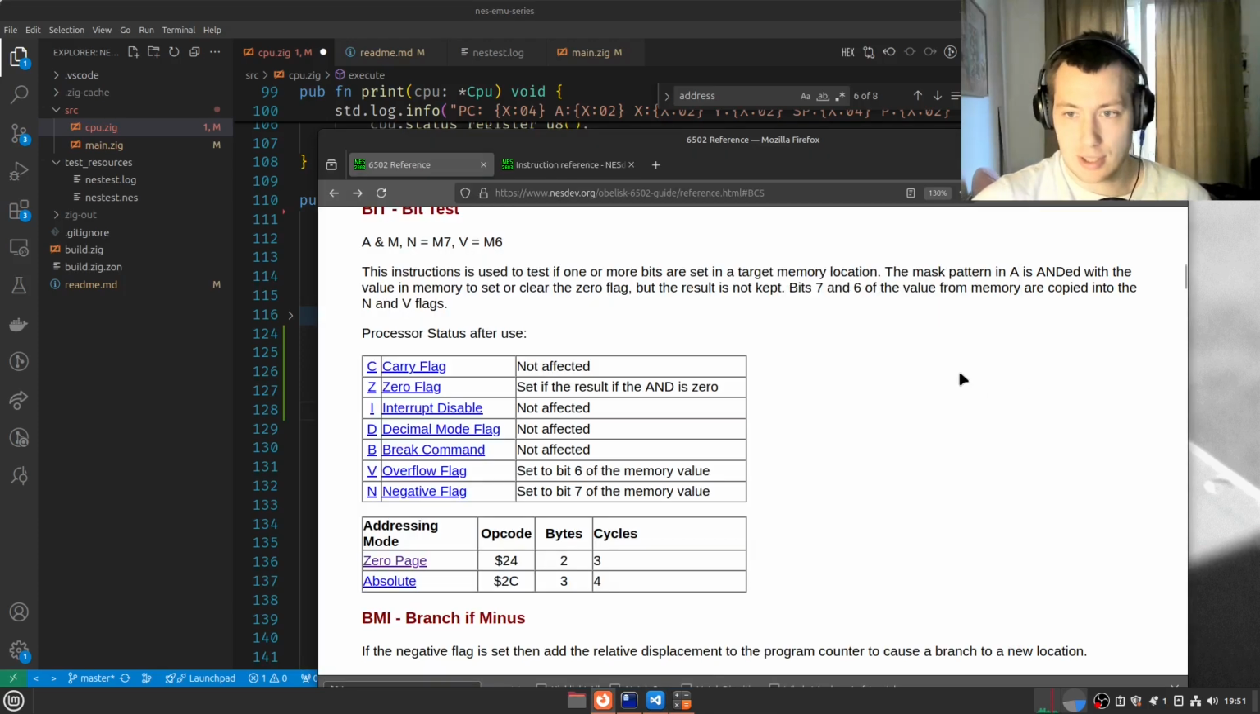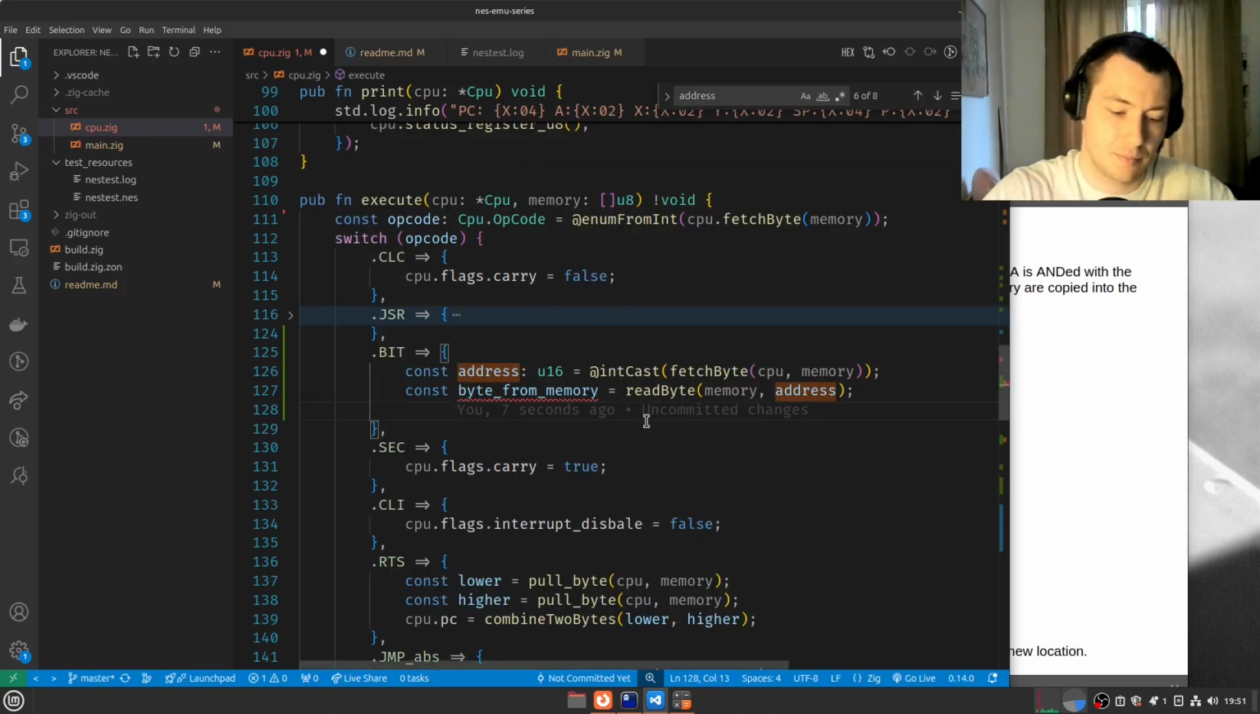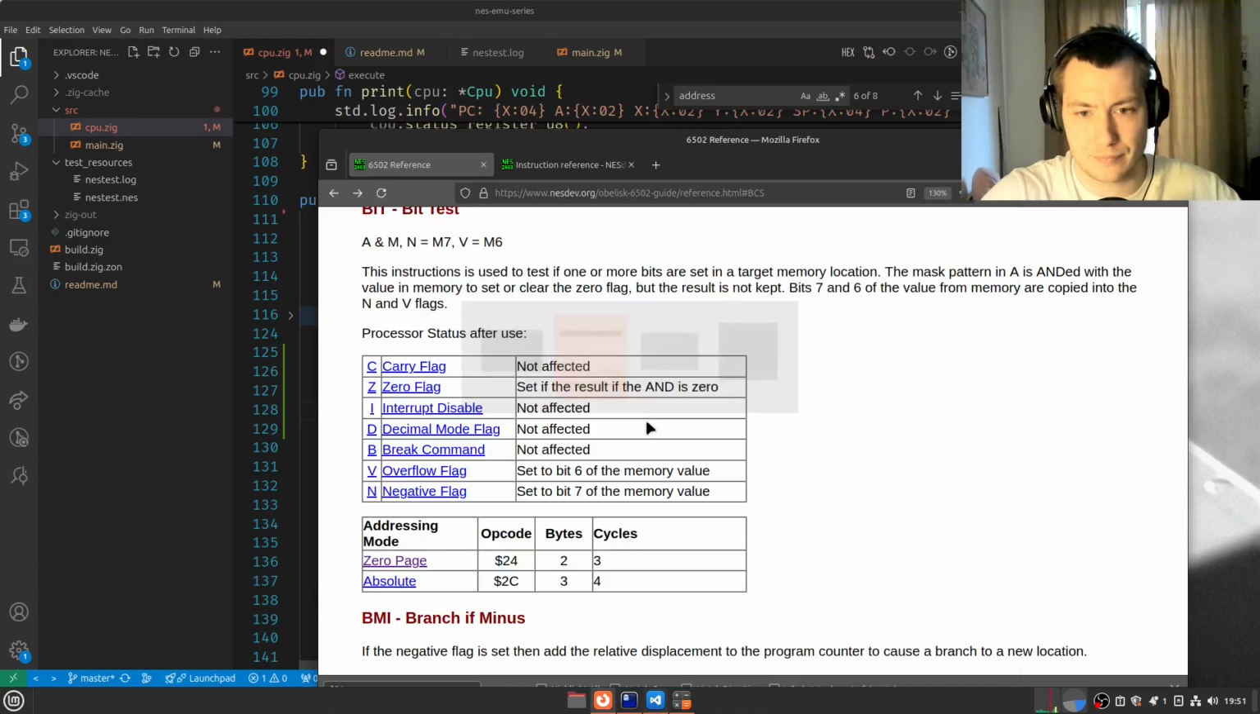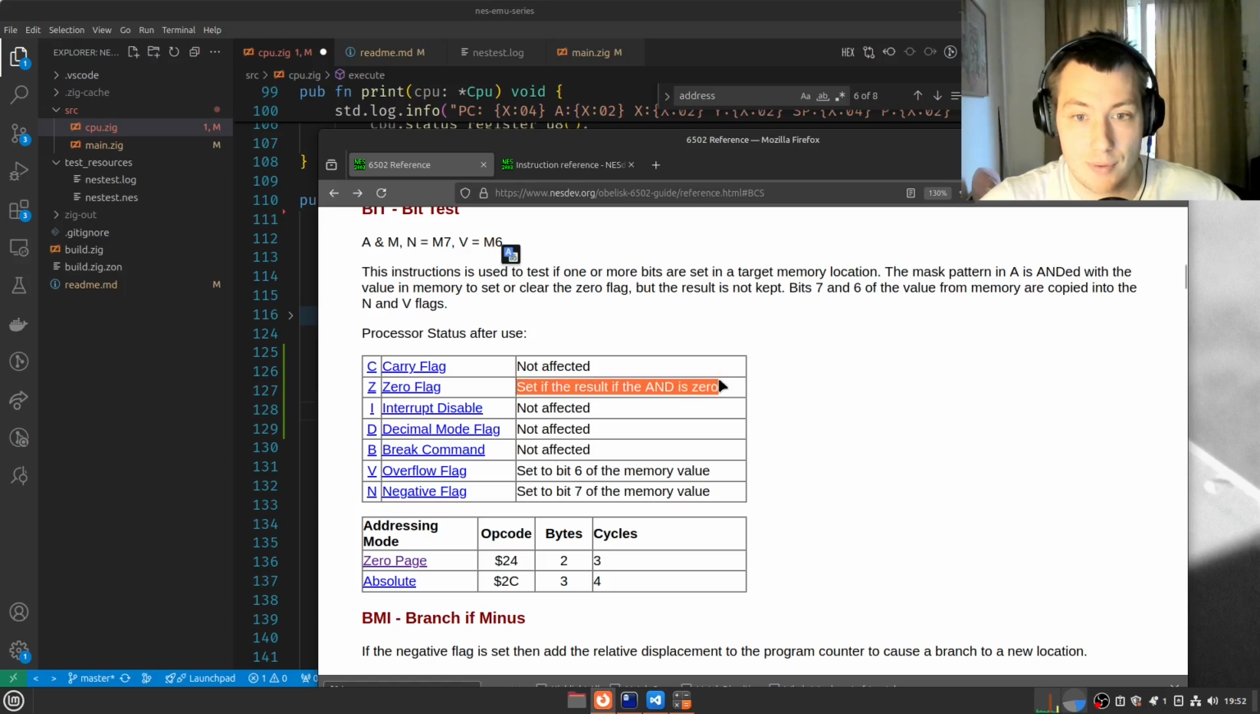And what is the next step? The mask pattern in A. So we AND A with this value. Okay. Byte from memory and CPU.a, with the value in memory to set or clear the 0 flag. The mask pattern in A, what? So A and M, okay, M and N. N equals this, V equals this, and set if the result